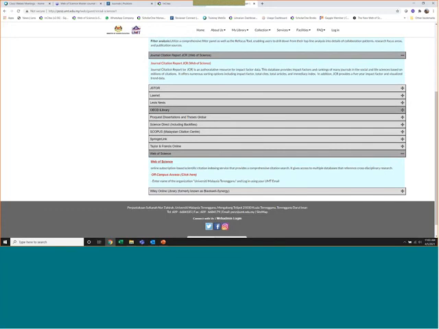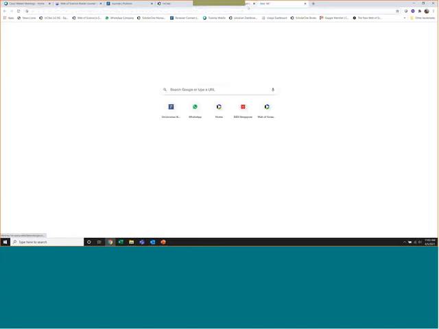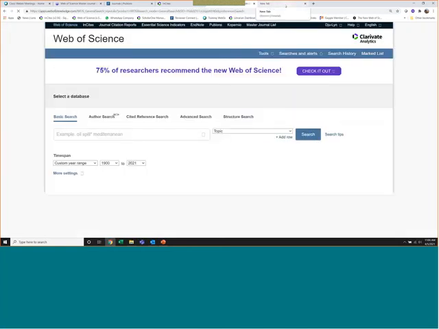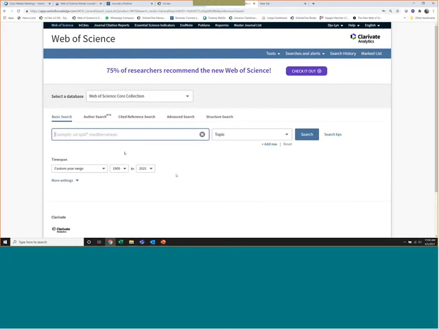So on Web of Science, what you can do is do some simple verification. So this is Web of Science. Your access for Web of Science content should be starting from 1975, I believe. So you will have access from 1975 onwards.